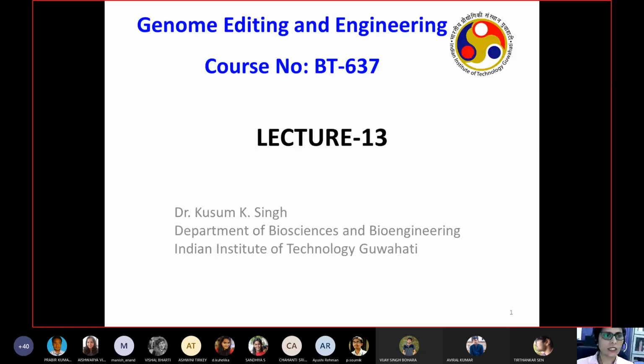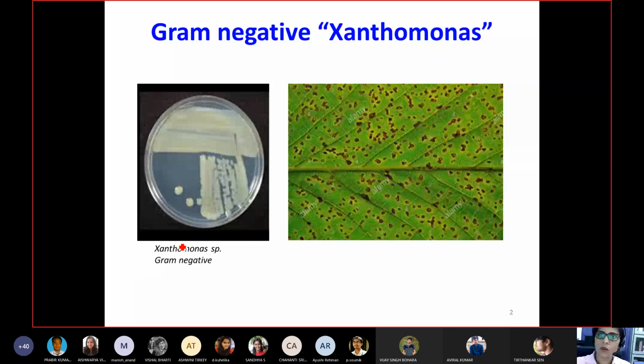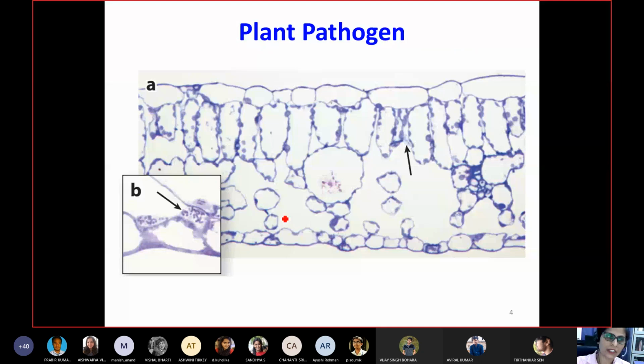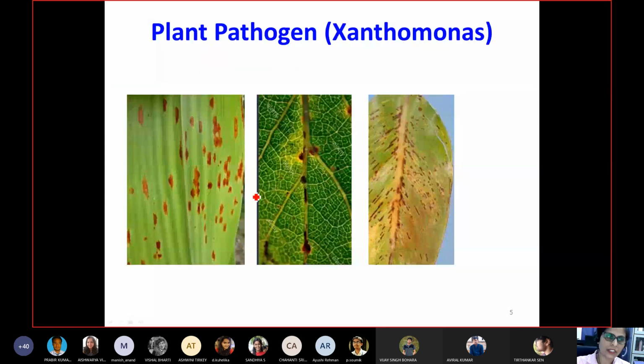So what I covered in the last lecture was the relationship between a TALEN and, for example, a pathogen. This is a Xanthomonas pathogen, a gram-negative bacterium which is a plant pathogen, and there are a lot of different pathovars of Xanthomonas. It infects various kinds of plants through the mesophyll and makes microcolonies, and once it infects the plant, it makes black spots. And why it is necessary, what the significance of effector immunity is, and how plants resist this kind of infection, that also we have covered.